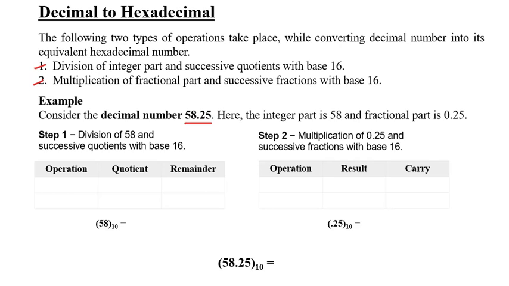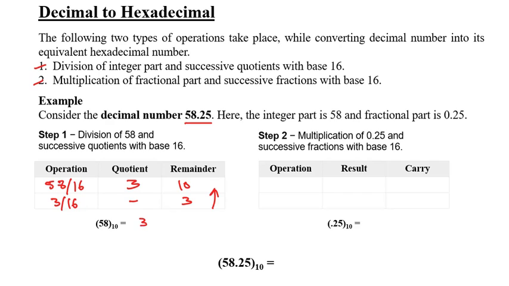So here the integer part is 58, it is divided by 16. In this case, my quotient is 3 and my remainder is 10. Further, this quotient goes for division, that is 3 divided by 16. It is not possible, so my previous quotient is treated as the remainder. And while writing the remainders, we will collect from bottom to top. That is my 58 equal to